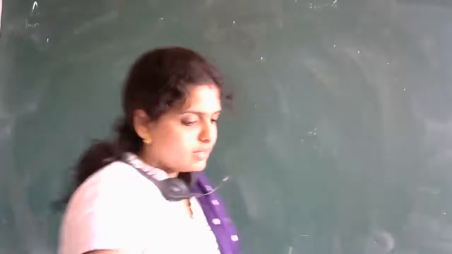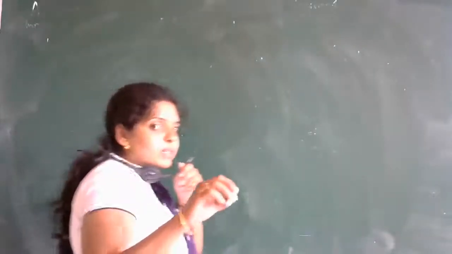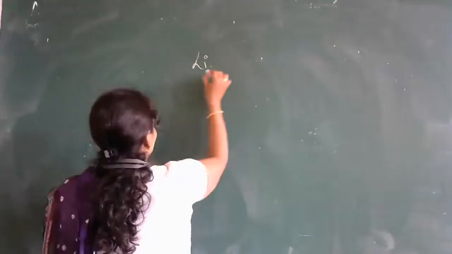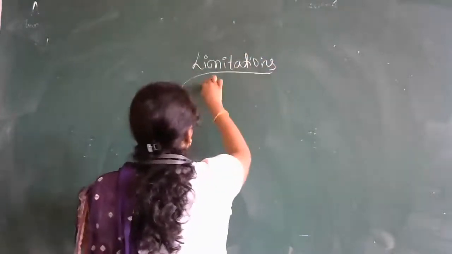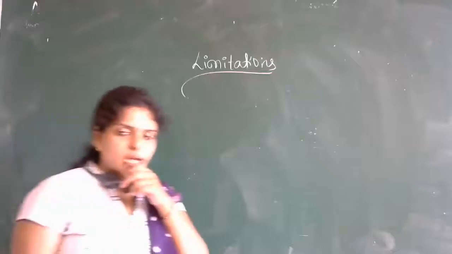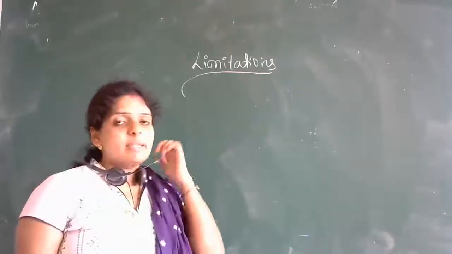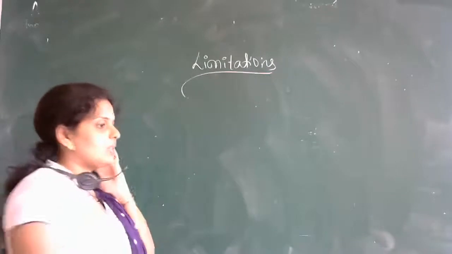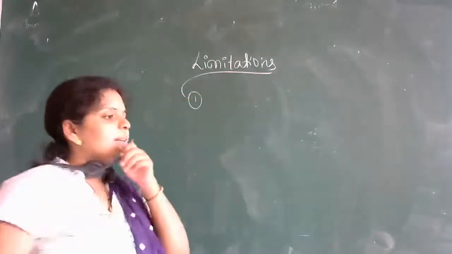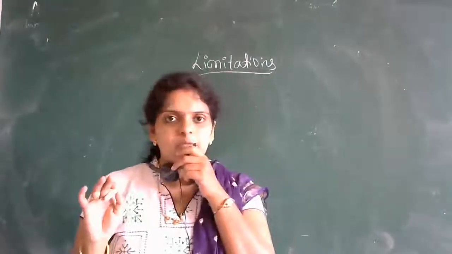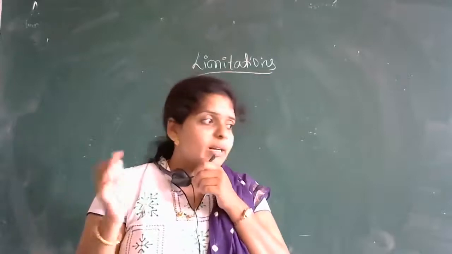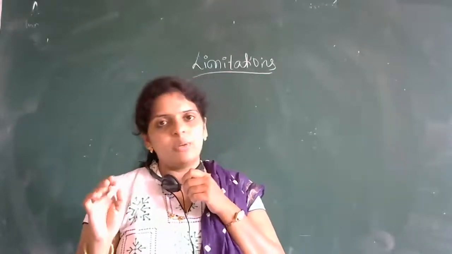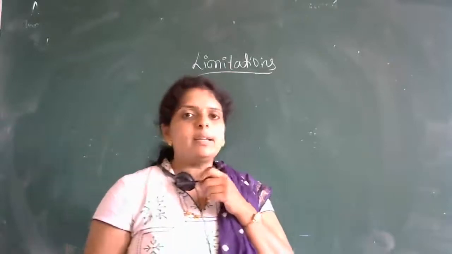Okay. See here. So next what we are going to study? Next we have limitations of dimension analysis. So in case of limitations of dimension analysis, here you will see the first limitation. What is your first limitation? As I told you, there are some physical quantities which have the same dimension formula. For example, work and energy. Work and energy have the same dimension formula, M L raised to 2 T raised to -2.